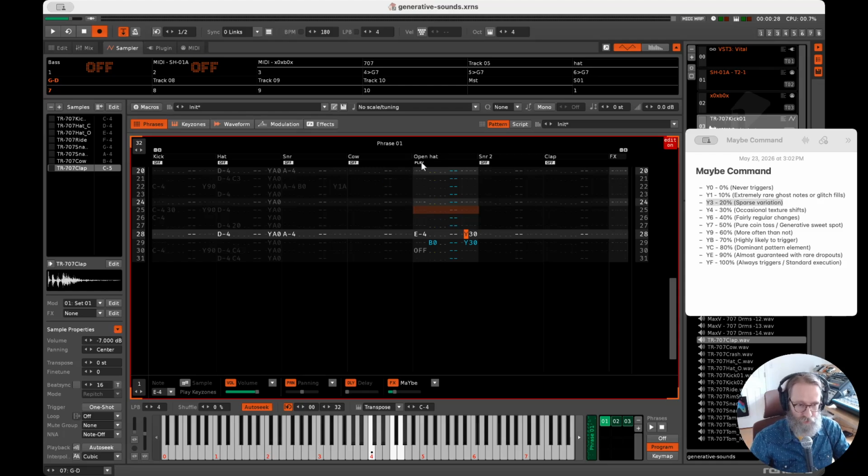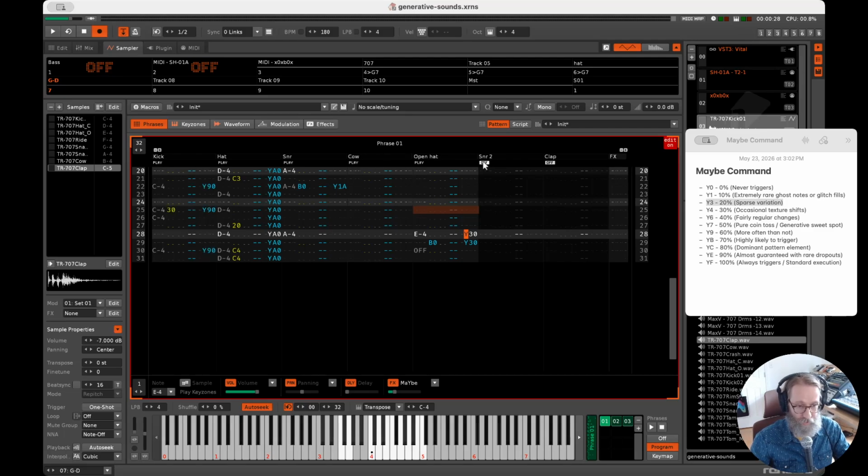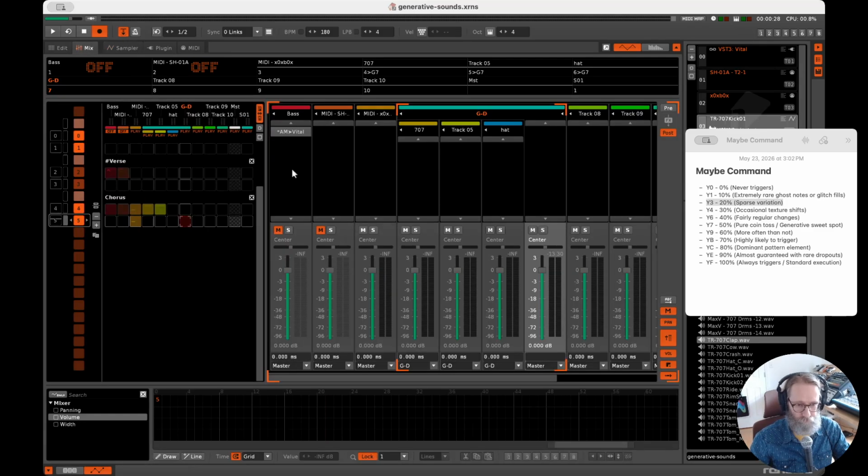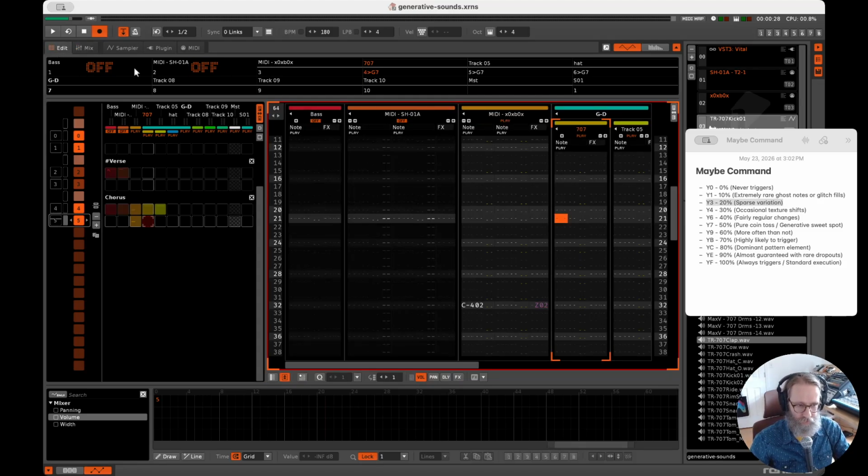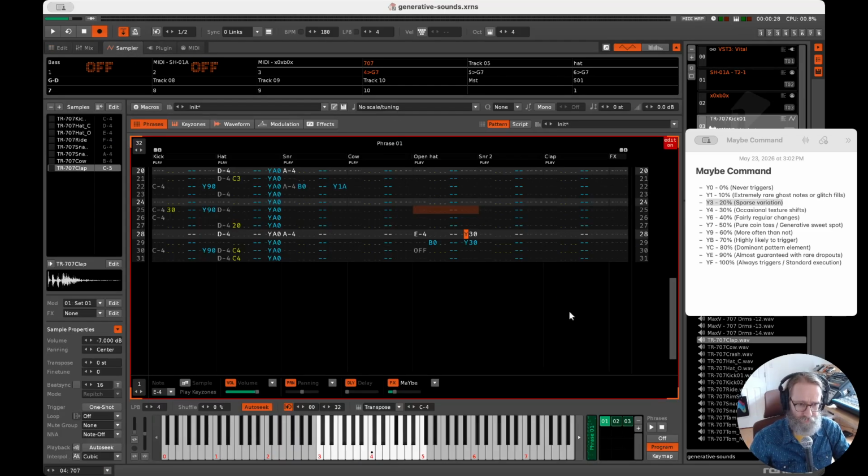Now, what I'm wanting to do to kind of get a little bit deeper on this and kind of have some more randomization to the patterns is go out here to my main editor. I've got a drum group here. I don't have any effects on anything yet. And basically starting to break this phrase down into kind of multiple phrases for single instruments. And why I'm wanting to do that is that way I can kind of have them run at different